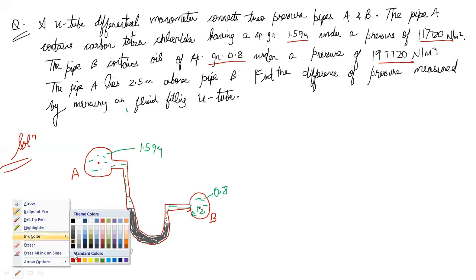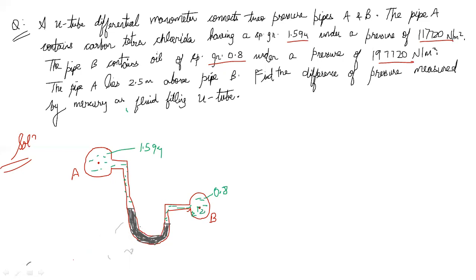So in this analysis, let me take my datum as this. Okay, this is the datum. First step is that you have to identify the datum XX. Now just equate pressure in the left limb to the pressure in the right limb. Now this height is not known, so I'll just take this as H.